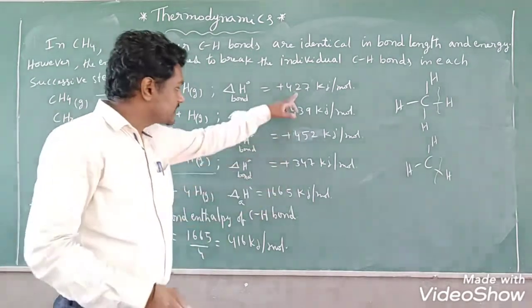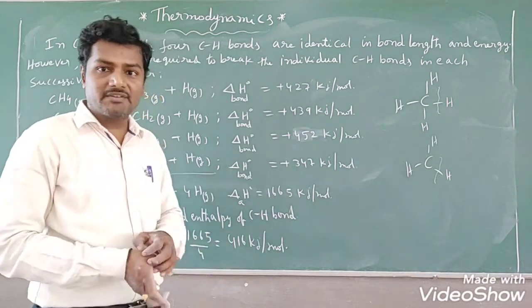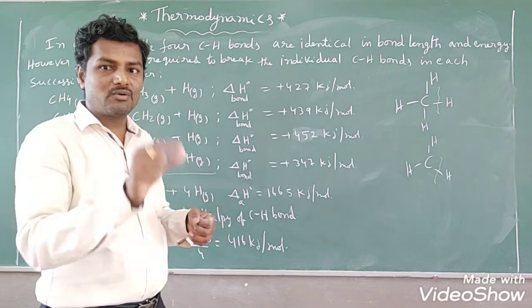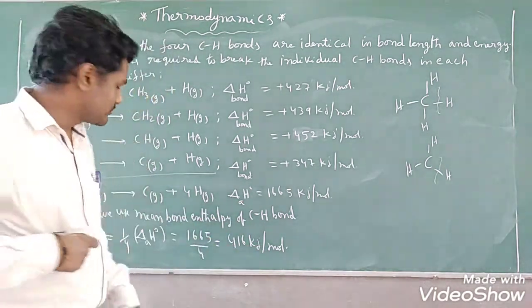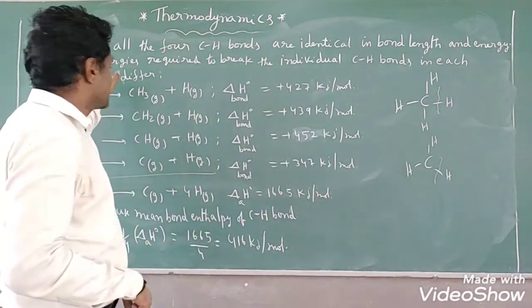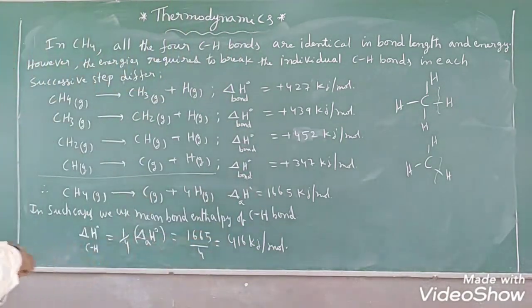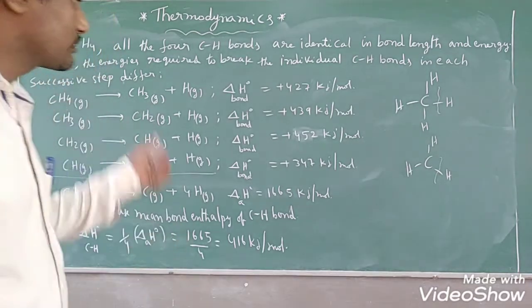Sometimes, instead of the individual CH bond energies, they will give the enthalpy of atomization in the numerical. Just count how many bonds there are and divide by that number. Then you will get this value, students. So this is the bond dissociation enthalpy of the CH bond in the CH4 molecule. Like this we have to calculate, students, in the case of polyatomic molecules. Copy this one.